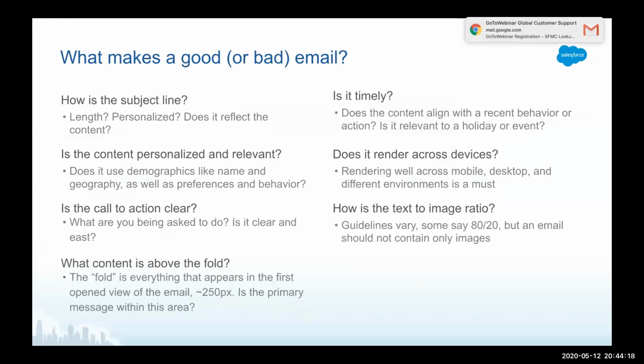When you look at an email, especially on your computer or your mobile device, nine times out of 10, you're going to scan or look at the top of the email. So you want to make sure that whatever content is above the fold, that primary message, the meat of the message, the copy or the action that you want them to take, is above the fold, right? And that it is not below, and that they don't have to search for it.